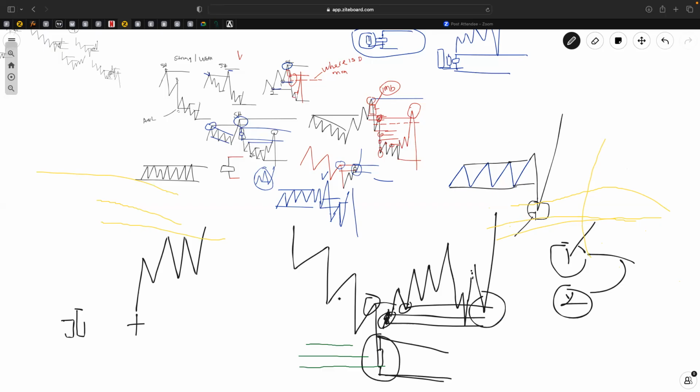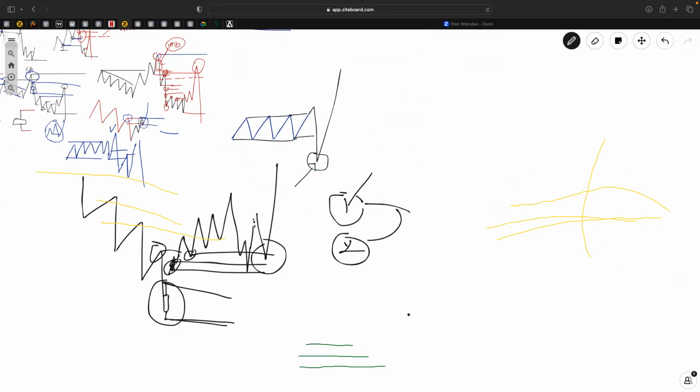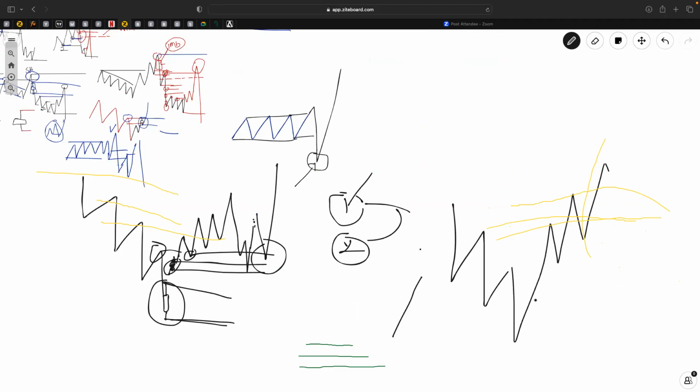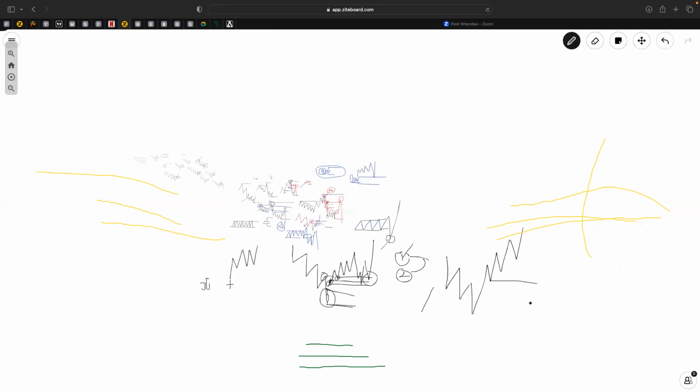So, but if it has taken liquidity, that is what we'll be talking about in the next class. If you have market create high, low, drop, then it starts creating liquidity like this. Once market has taken care of this liquidity, let's say this is your order block, it might not get to your order block and it will buy.